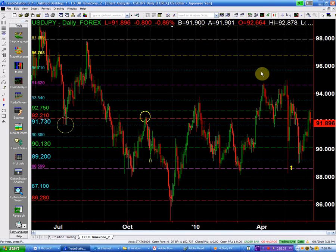So this is the daily chart, which we were looking initially at the weekly. This is the daily, and you see that we traded above the 90.88 a couple of days ago, and then we went up to test the 92.75. And then on Friday, when the unemployment came out,